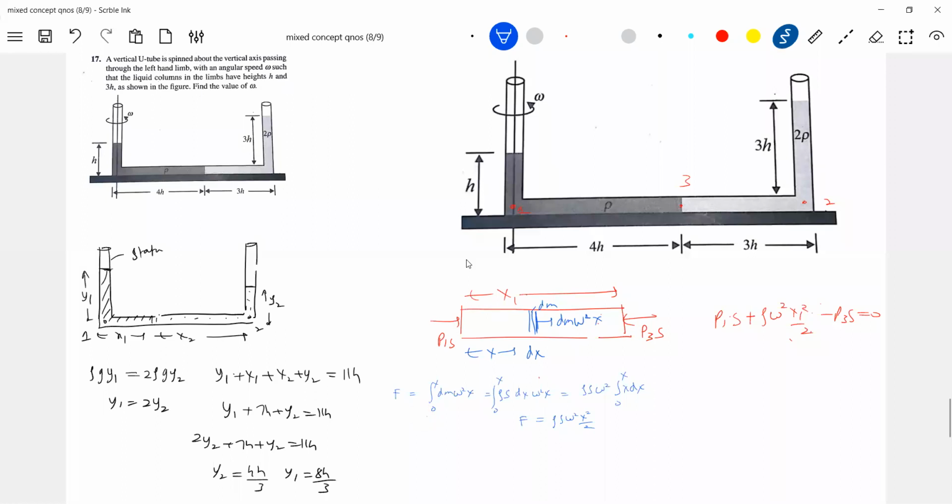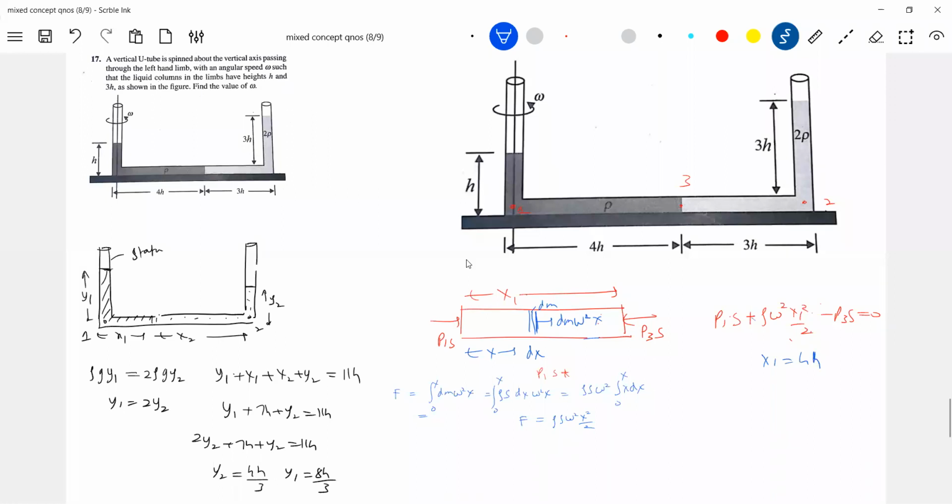So shall I write directly rho, because let me save some time. Oh, this is needed, no? Let's come to this one. If length is x1, then this will be the condition. So shall we write the pressure equation in this way here? Now what is x1 here? x1 should be the length of this column, 4h. Solve it, you'll get the relation between P1 and P3.